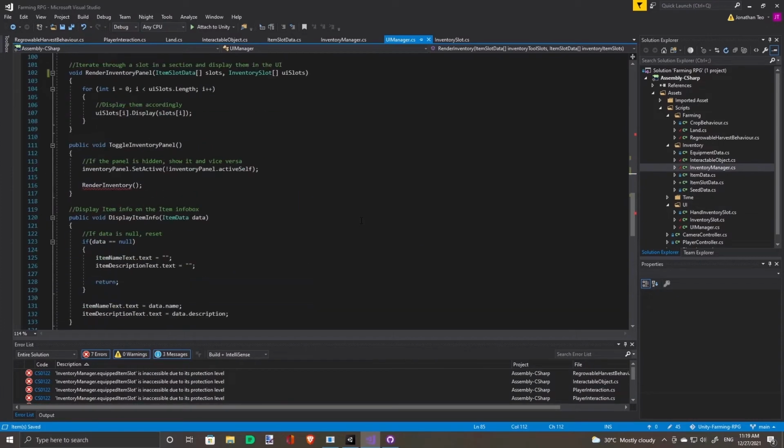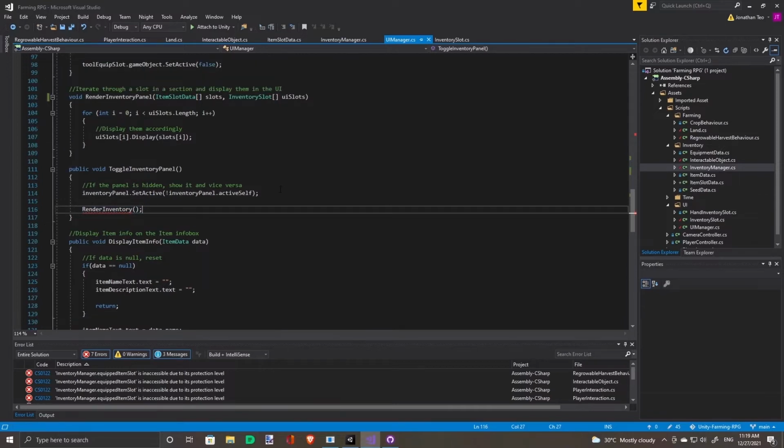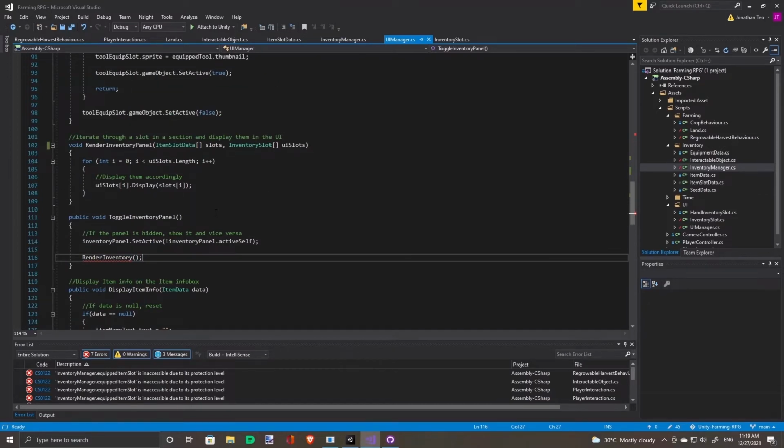And now we have another problem. We took in the tool slots and item slots as parameters because we assumed that render inventory would only be called from inventory manager. But now we see that it's also called from UI manager, and UI manager doesn't know what these slots are.